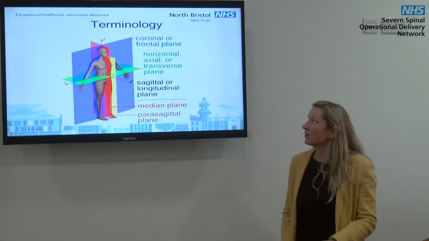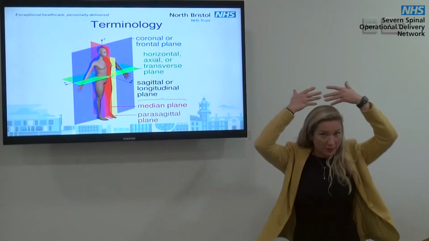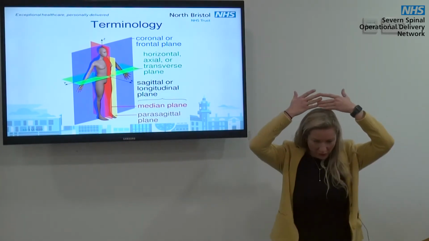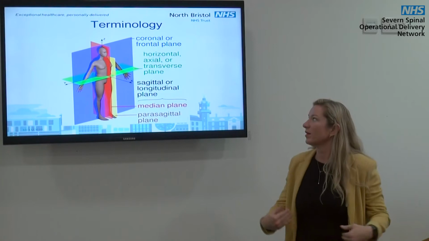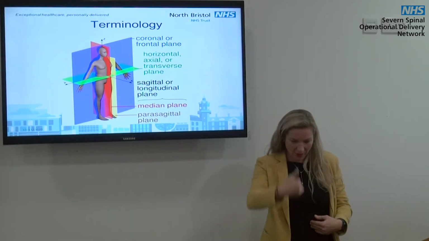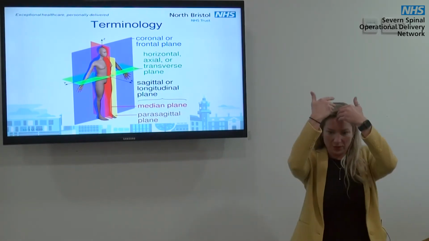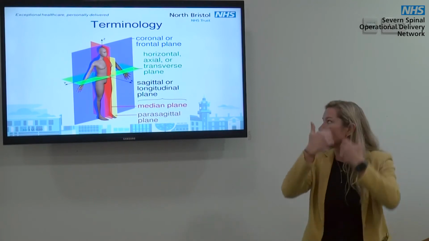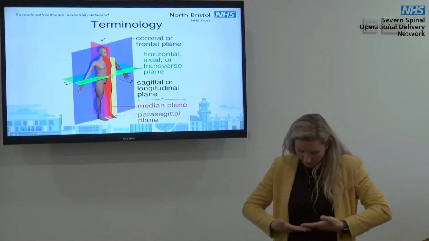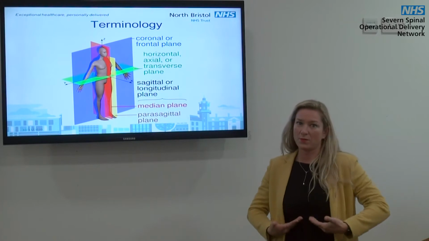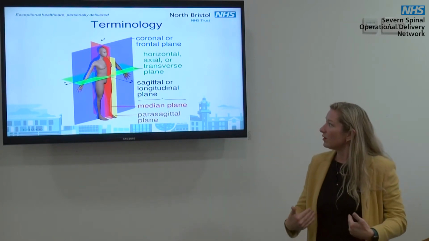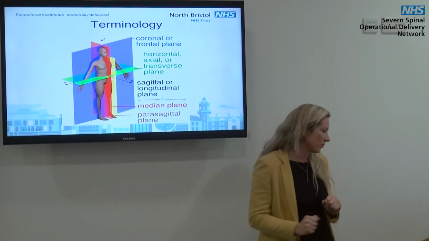So, some basics. This plane is the coronal plane. If you slice yourself in half all the way down, this term is the sagittal plane. This is where you slice down through the middle, and then we've got axial planes if you've been chopped through the middle. If you've got something just to the side, then that's the parasagittal, and I'll just go through some scans now